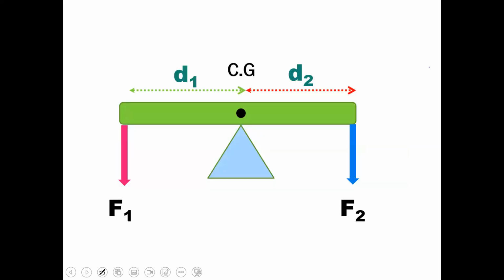Now look at the diagram. There are two forces acting on the object and there are two separations from the pivot. When the object is in equilibrium,